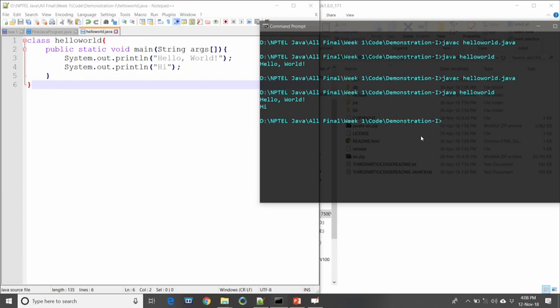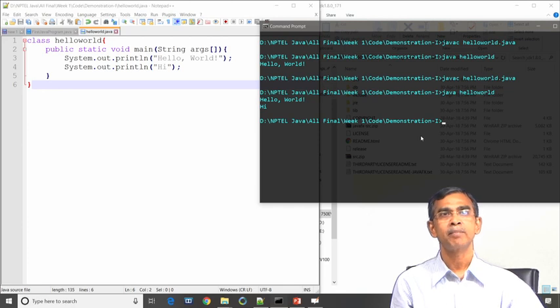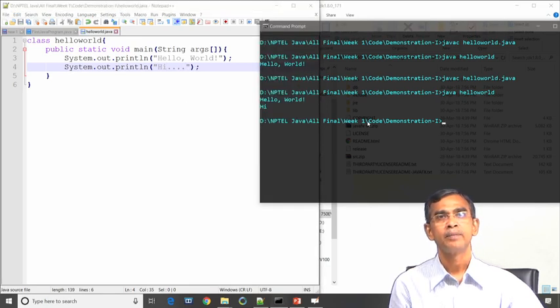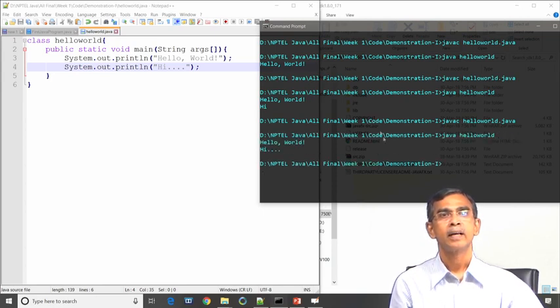So, you can understand that if you want to print some message on the screen, the statement that is required in a Java program is system dot out dot println, and whatever you write within double quotes, println will display on the screen verbatim. That means, as it is written there. So, hi, for example, hi dot dot dot within double quotes, and the same thing hi dot dot dot is printed. Okay. Now, if you save it again and run it, yeah. So, it is like this.